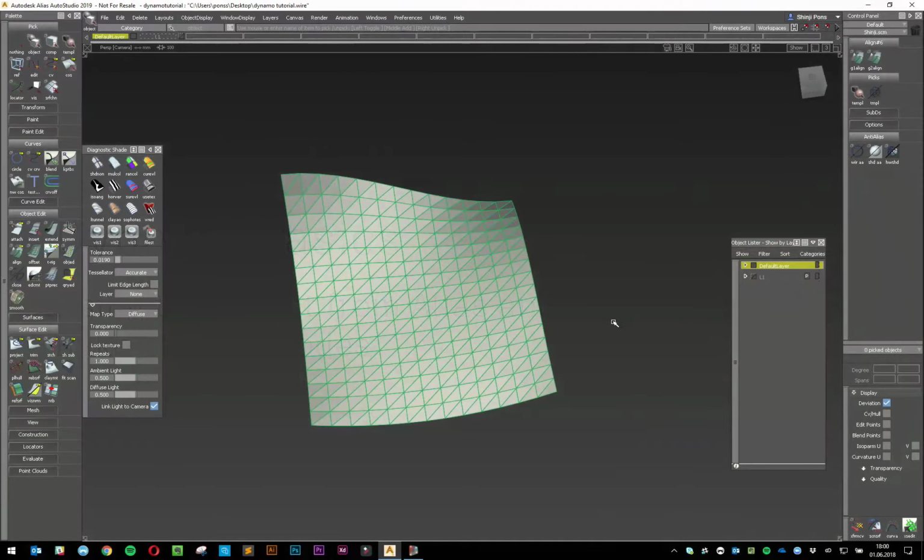Hello everyone and welcome to another video on Dynamo for Alias. Today we're going to dive into a little more of a practical example. We're going to try and recreate what I've made here in Dynamo, which is basically taking